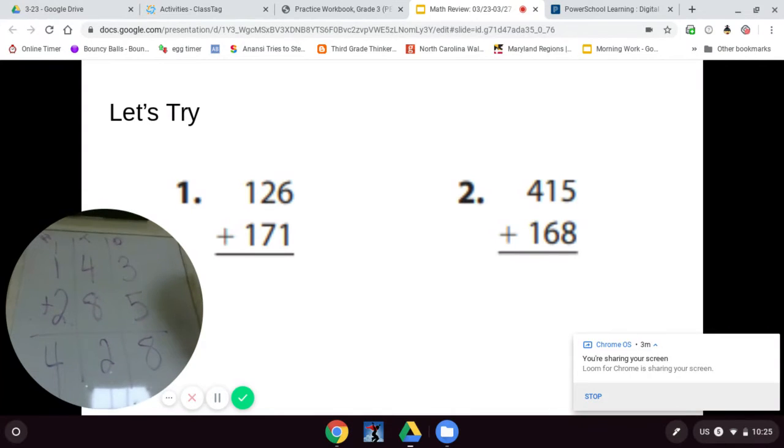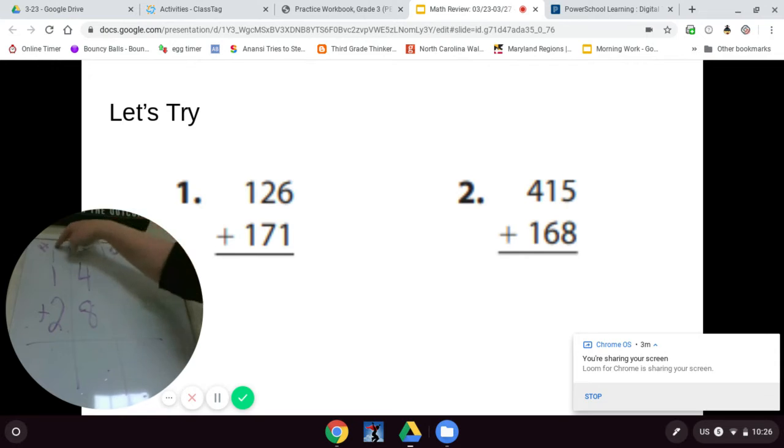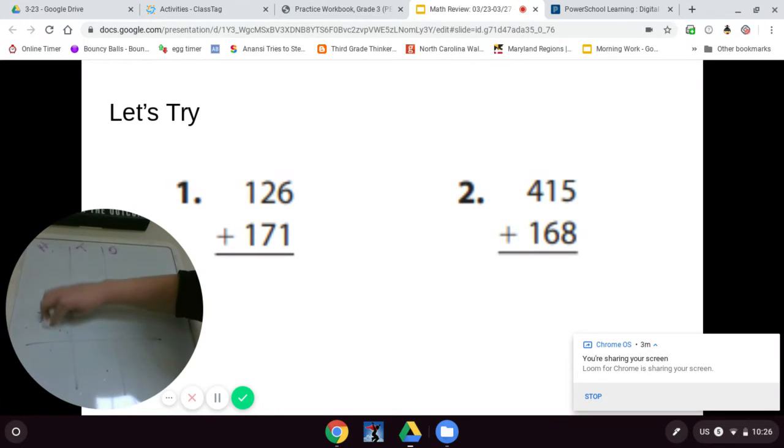When I come to my whiteboard, I'm just going to clear off my spaces. I'm personally going to leave my ones, my tens, and my hundreds on the board. Again, I just like to know where my regrouping is happening, and I like to keep my place values nice and neat, so that way I don't add the wrong numbers together. Alrighty, number 1 is